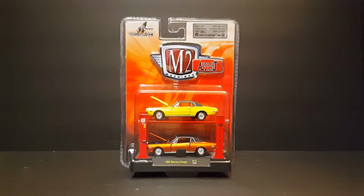If you look at the first part of this video, it's like my action figure theme, but this is obviously my whole die-cast one. This will show you a couple of these M2, some Green Light, obviously some Matchbox, some Hot Wheels. I don't even know if I actually have any Matchbox out, but you know the deal. So anyway, without further ado, as you can see here in front of you,